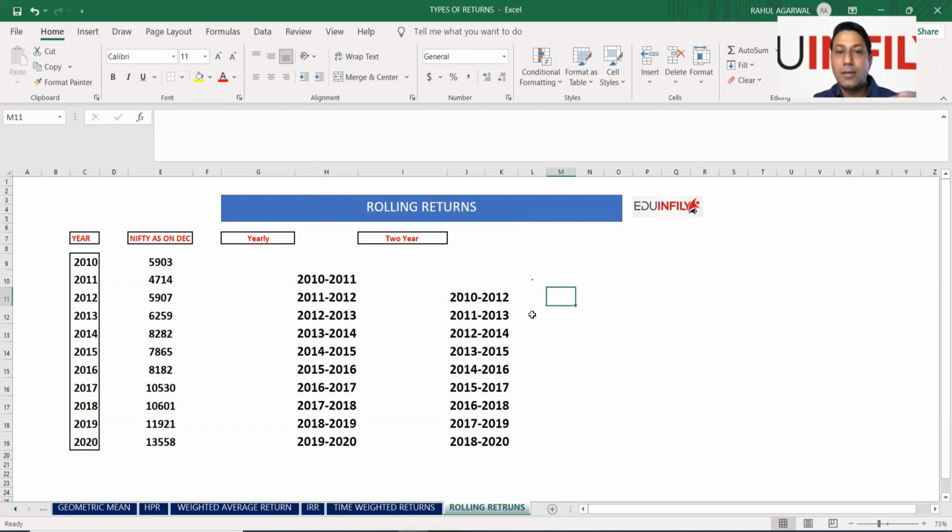We are going to talk about rolling returns. We'll understand what rolling returns are and how they are calculated. Generally, when you compare mutual fund schemes or any investment portfolio, you see the return of that particular scheme. And when you see it, you generally go for CAGR, that is compounded annual growth rate. That can be for 5 years, 10 years, 15 years, any period of time which you want to take.